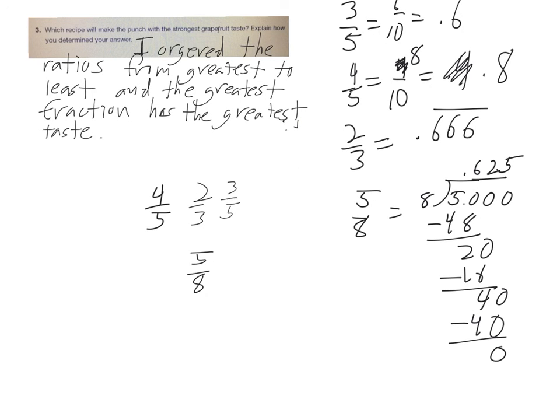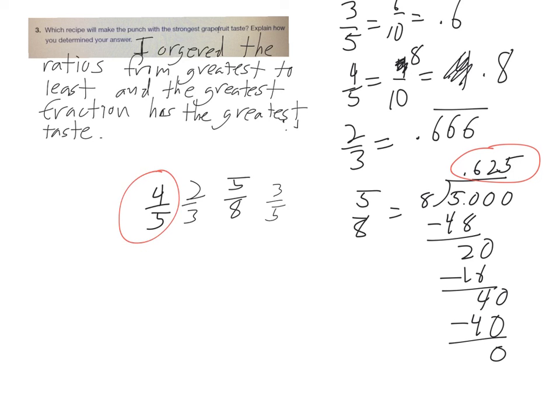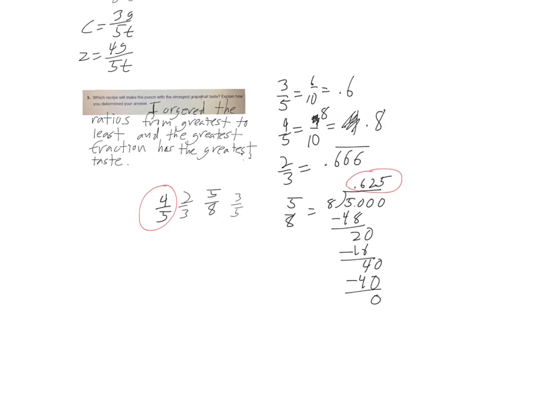So I did some quick long division over here and got an answer of 0.625, so 625 thousandths, which actually puts 5/8 right between 2/3 and 3/5. So 3/5 is actually the smallest, then 5/8, then 2/3, and 4/5 is the greatest. So 4/5 ends up having the greatest grapefruit taste, but in order to answer the question, you come back